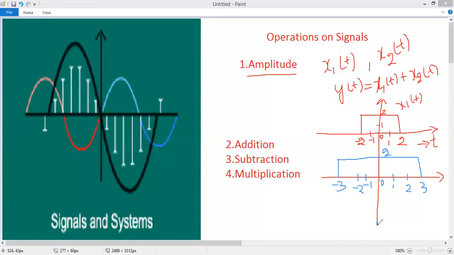So for the resultant signal, I'm going to take a different color and draw it here. These two signals are added. See here, what is added? Amplitudes are added. Up to here, this is point number 2 on the time scale, up to 2 divisions, its value is 2. This is a 0 representation line. This one is -1, and this one is -2. Let us assume this is -2, and this is -3.